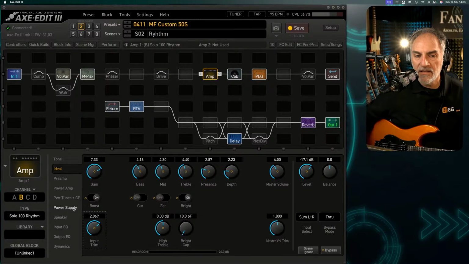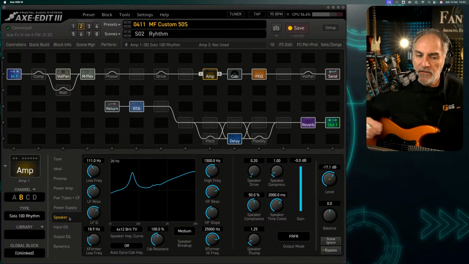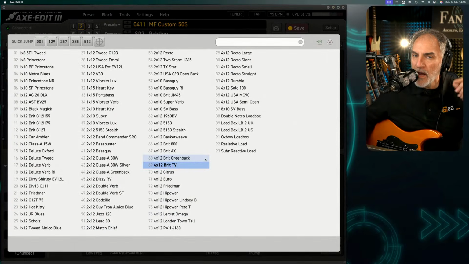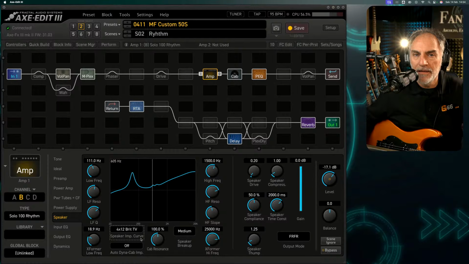I use the boost in this case, and I also, for example, set a different speaker input curve. This is also important because I have a resonance in this area. I can change with different amps and make the fine tunes, because if you use the Dynacab, of course, Fractal knows the cabinet, because this cabinet is made by Fractal, and it sets automatically, as you can see here, the auto Dynacab